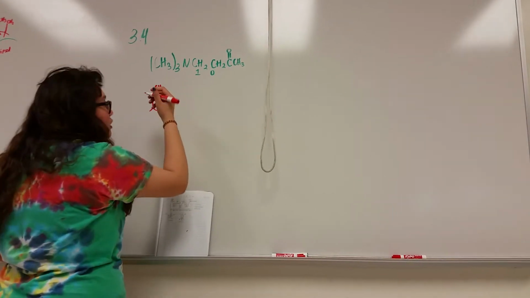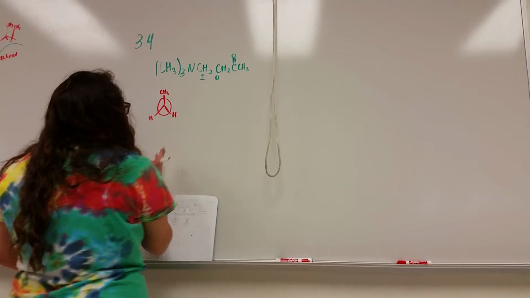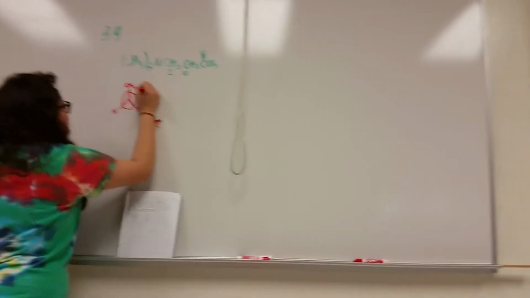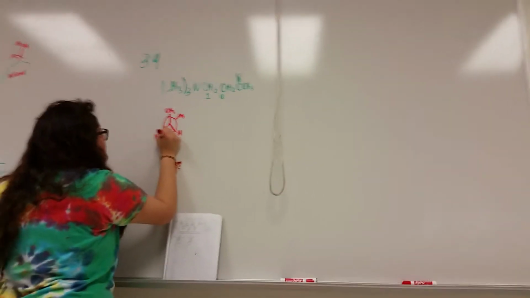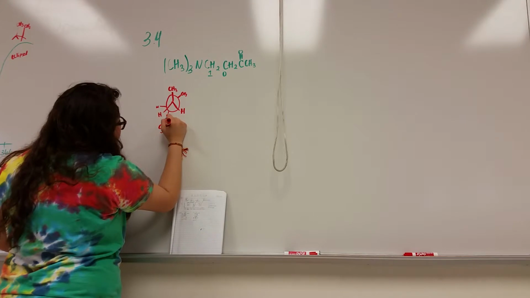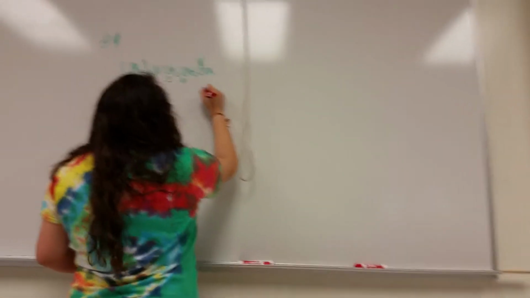If you draw the circle, it helps a little bit. Make sure you put your hydrogens. And then a gauche is where it's just moved a little bit. And the anti form of this